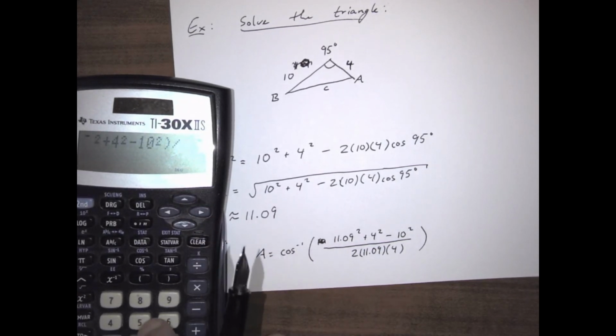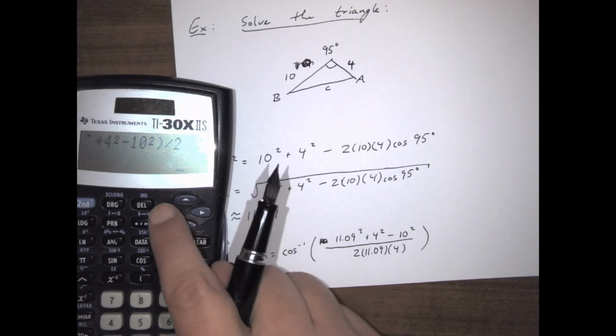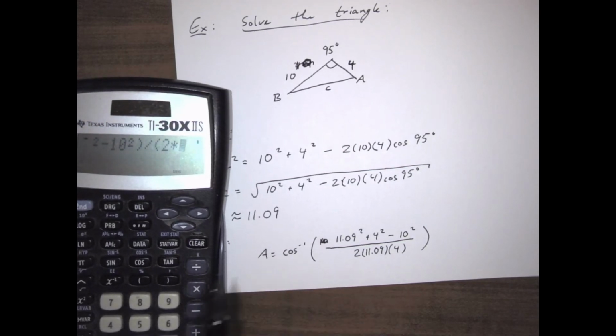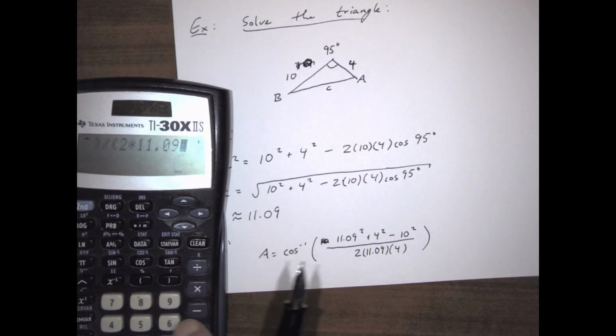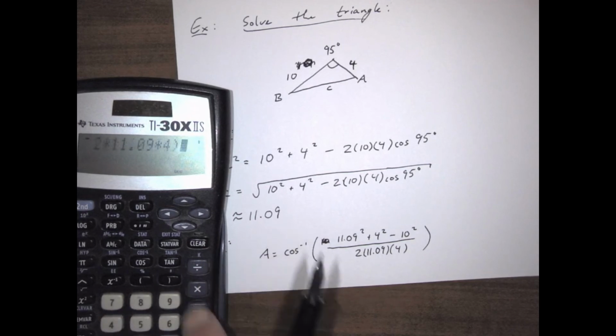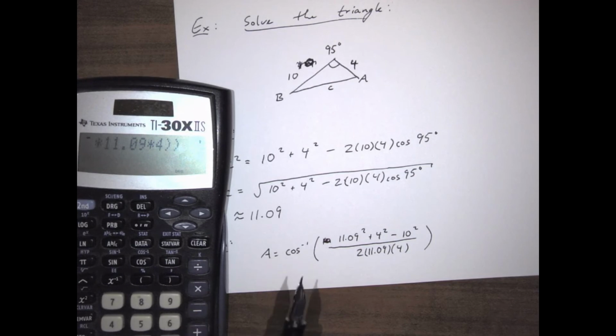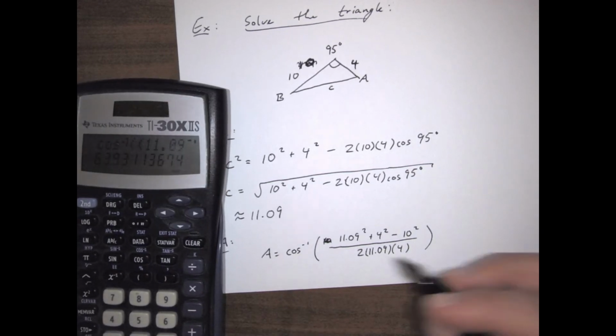Divided by 2. I want the whole bottom of the fraction to also be in parentheses. 2 times 11.09 times 4. And that ends the denominator, and then this ends the inverse cosine. And I get